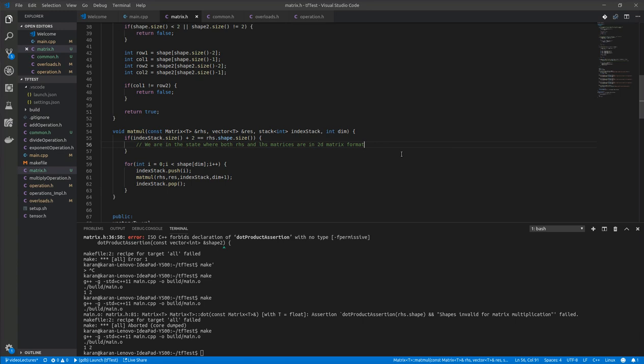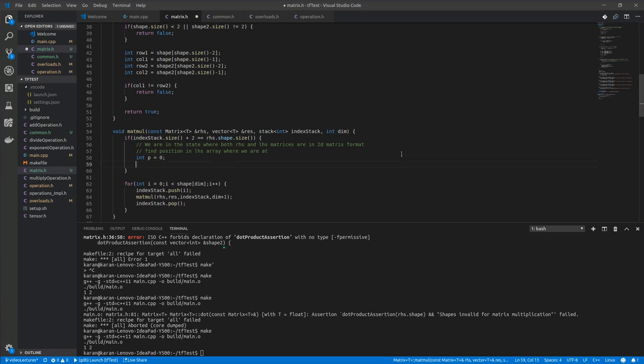So once we are in this 2D index format, we need to find the position in the LHS array where we are at. So to do that, let's say int p equal to 0, for int I equal to 0, I less than